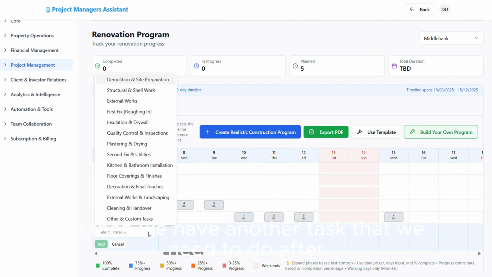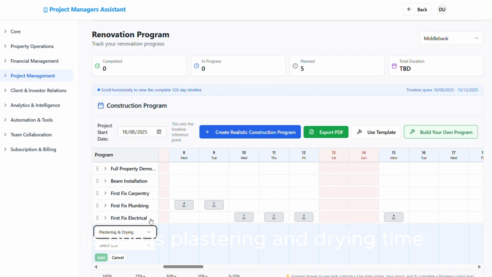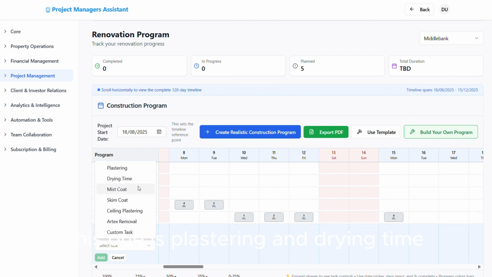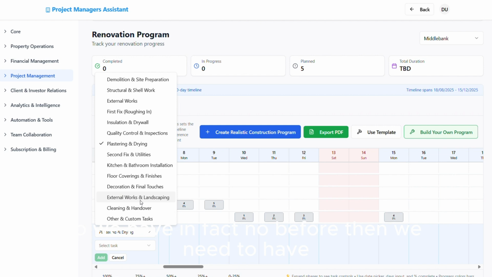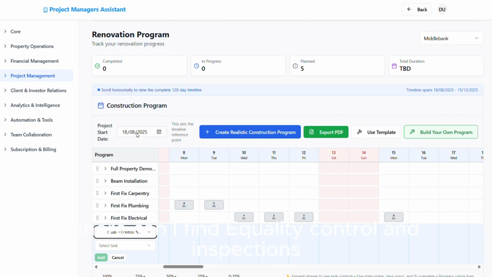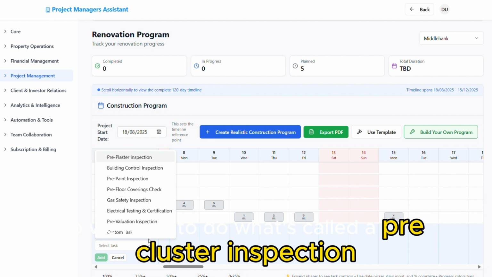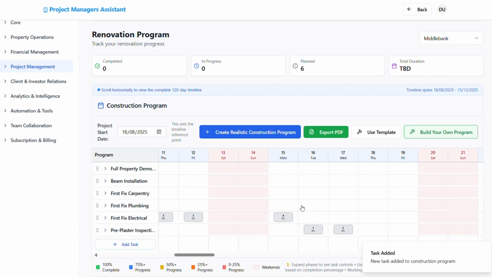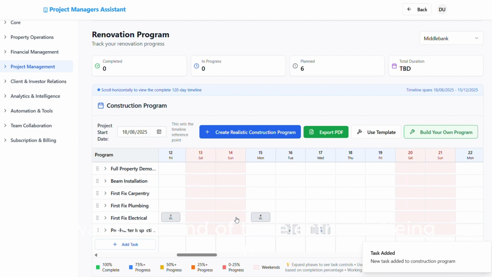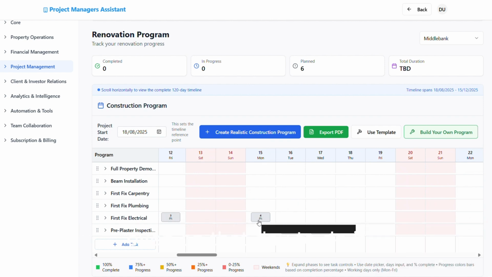So then we have another task that we need to do after this one, plastering and drying time. So we have, in fact, no, before then we need to have, where can I find it? Quality control and inspections. So we need to do what's called a pre-plaster inspection. So this should just take you a day. You can come towards the end of the electrician being in, even on that day to do it, start looking,